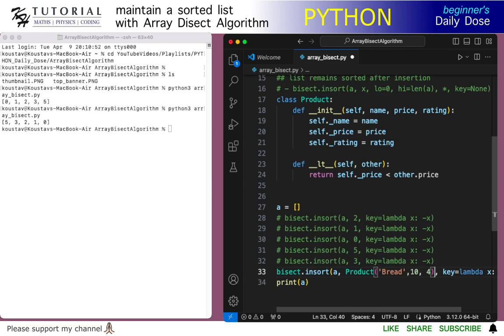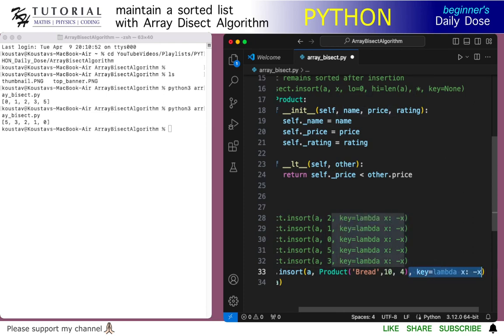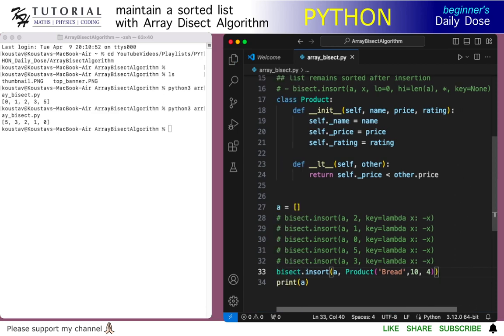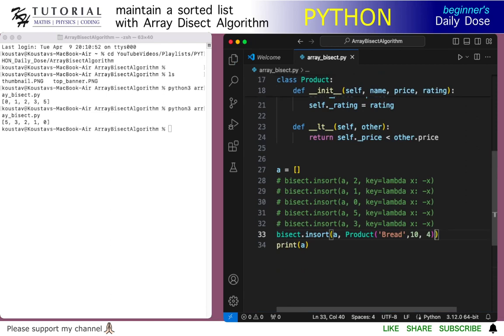And we don't need the key function because we want the list to be sorted based on the price attribute of the product. Okay, so let's add some more product instances. Let's say milk, price 7 and rating 3.5,